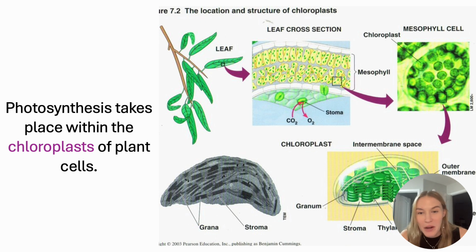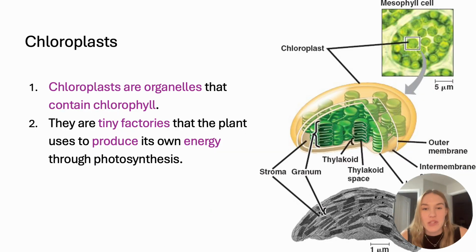You should know this. You probably learned this last year, but it's always good to remind you that it happens in the chloroplast. And these chloroplasts are organelles that contain chlorophyll. That's why they're called chloroplasts. I want you to think of chloroplasts as tiny factories that a plant uses to produce, aka convert energy into a usable form. And so it takes energy from the sun and converts it into a chemical energy that is actually usable by